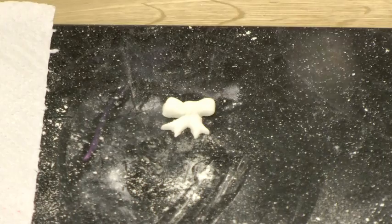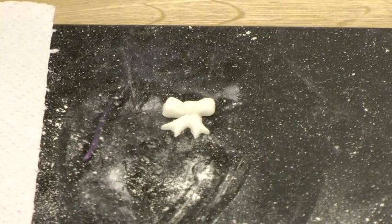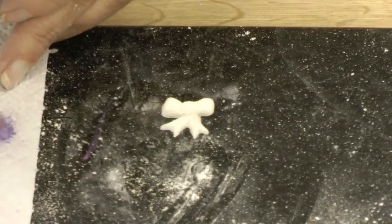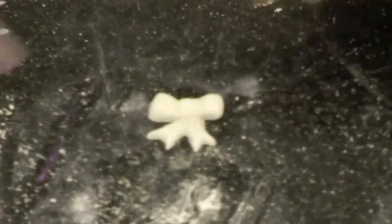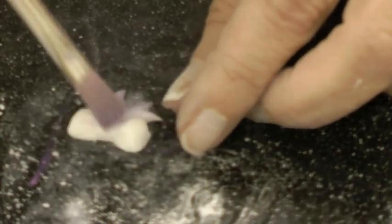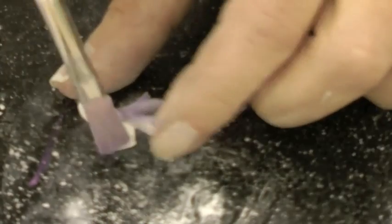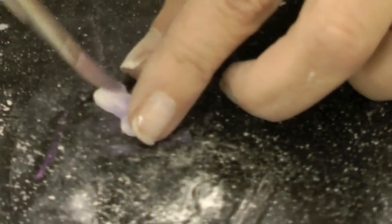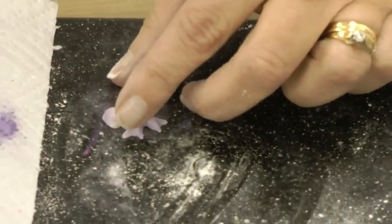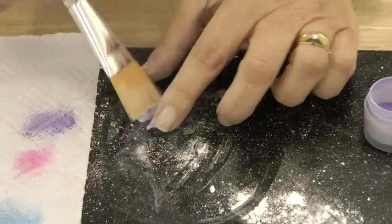I should put it onto some kitchen paper, but you won't see the colour there, the white against the white. So I've got some purple, rub it really well into the brush and just dust the bow. Again, I'm using a flat dusting brush, and then that is ready to have some lustre